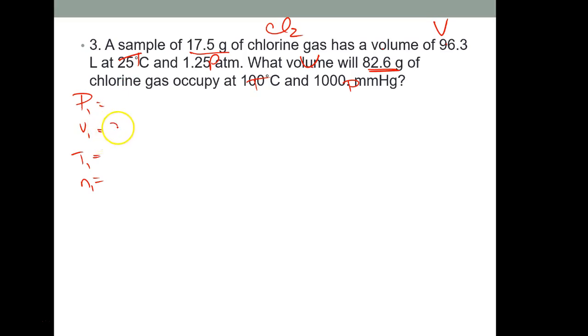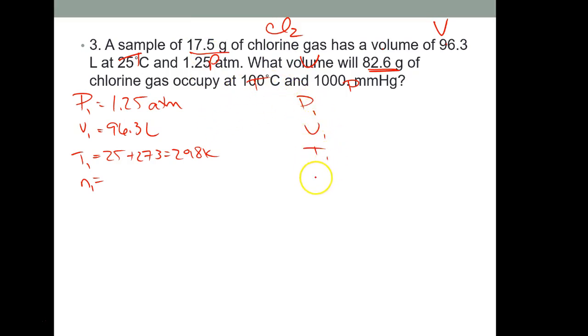Volume is 96.3. Pressure is 1.25 atmospheres. Notice I'm writing the units. Temperature is 25 plus 273 is 298 Kelvin. Okay, I'll get to that grams in a minute. And then they want to know a new situation. What volume? So that would be X. 100 degrees C is 373 Kelvin. 1,000